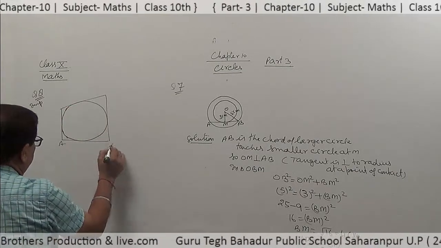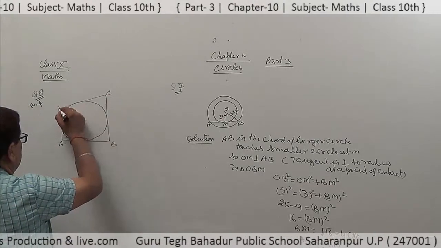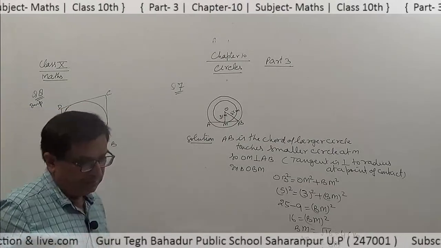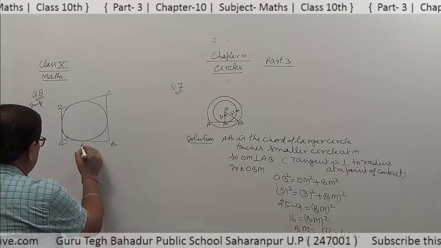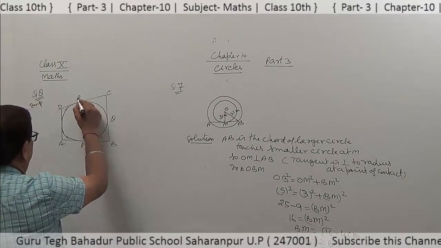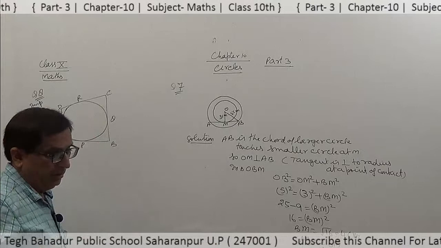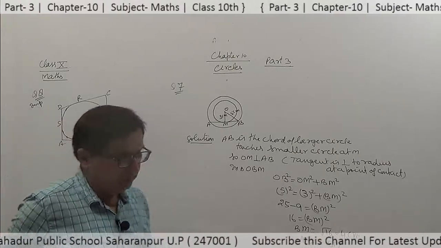This is ABCD, which circumscribes the circle at PQRS. You have to prove that